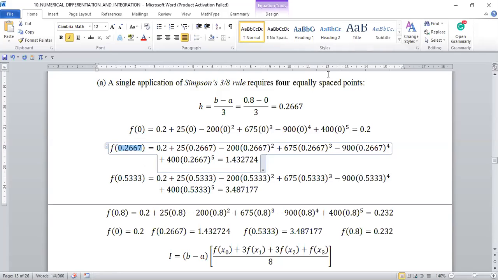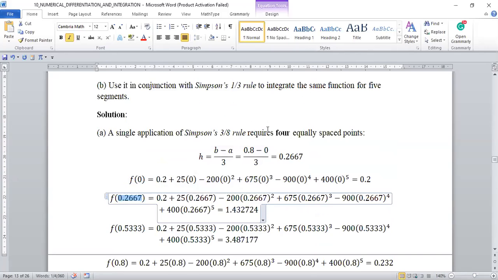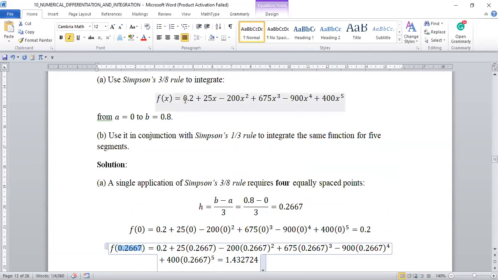There's a question: why is it third order? I can see the highest degree being 5. Thank you for that question. You are asking why we are using a third order when the highest degree is 5. The reason is that when I started this class, I'm not sure if you joined, I said that